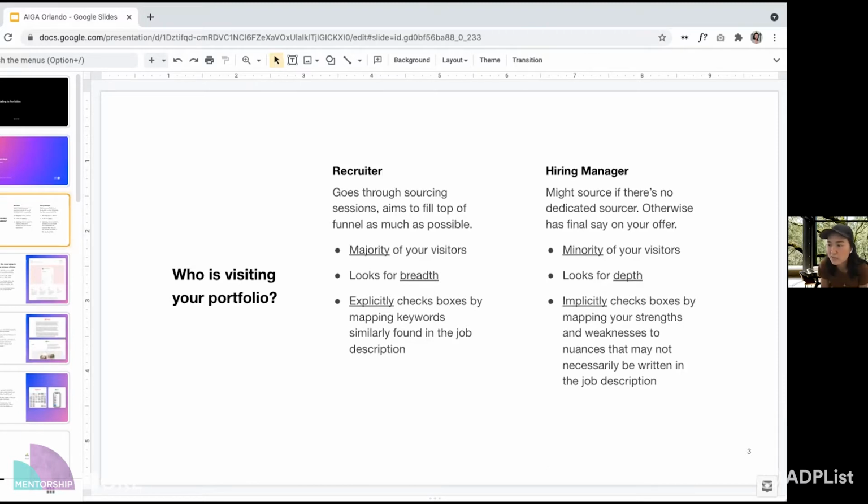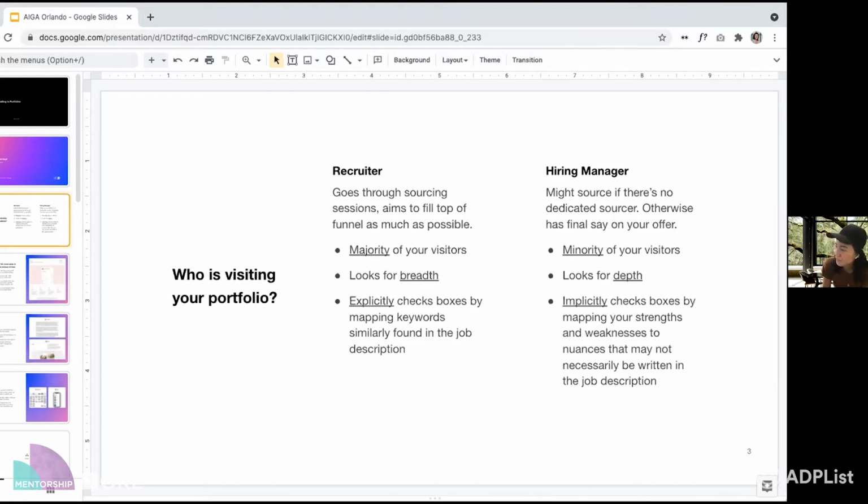That means that they'll skim through really quickly through 3 to 4 different case studies. They'll want to maximize the chance that you're a hireable candidate by covering all their bases. So they'll look for, do you have experience in user research somewhere? Do you have mostly web or mobile or both experience? Do you generally know how to iterate on your designs? Basically, they'll want to explicitly tick off a list of boxes according to the job description that the hiring manager